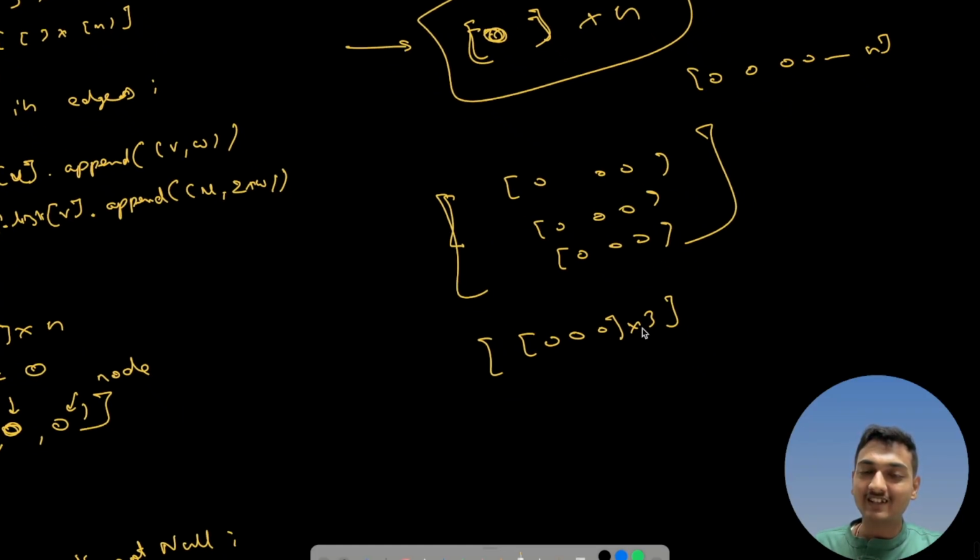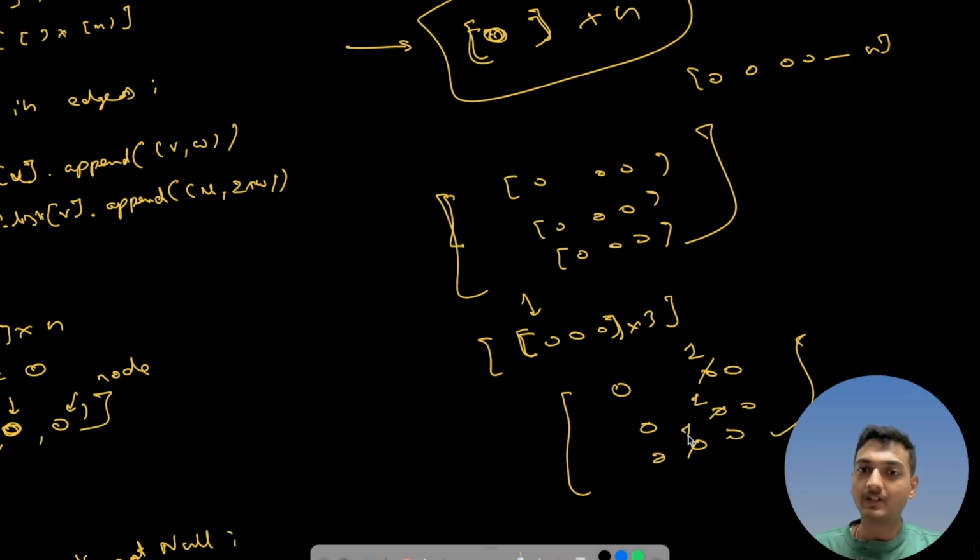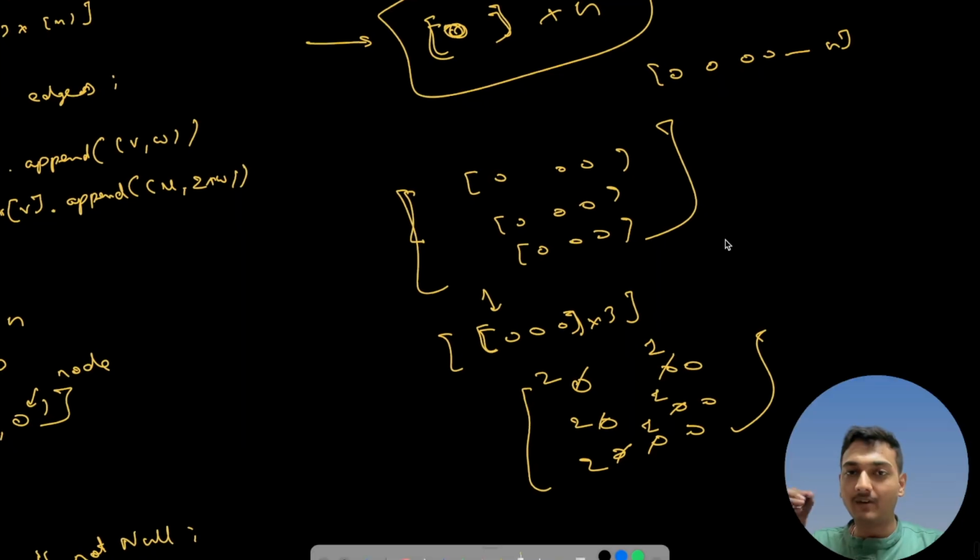Because what is the thing? If you use something like this now, this same array will be reflected everywhere. So let's say if you update this value now, the value of this and the value of this will also be updated. If let's say you update this to 2, this 2 and this 2 will automatically update because inside Python